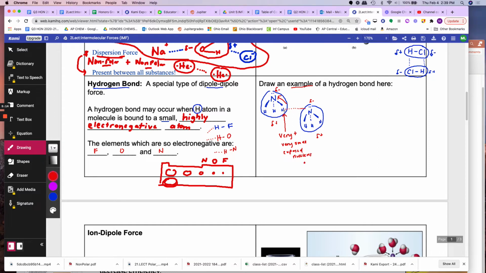Since the nucleus is exposed, it is able to get really close to something that is negative. This negative can be oxygen, it could be nitrogen, it could be fluorine. Remember, the closer two charges are to each other, according to Coulomb's law, the stronger the force. This is why hydrogen bonds are so strong. Again, hydrogen bonds are especially strong. Hydrogen bonds are a strong type of dipole-dipole force,